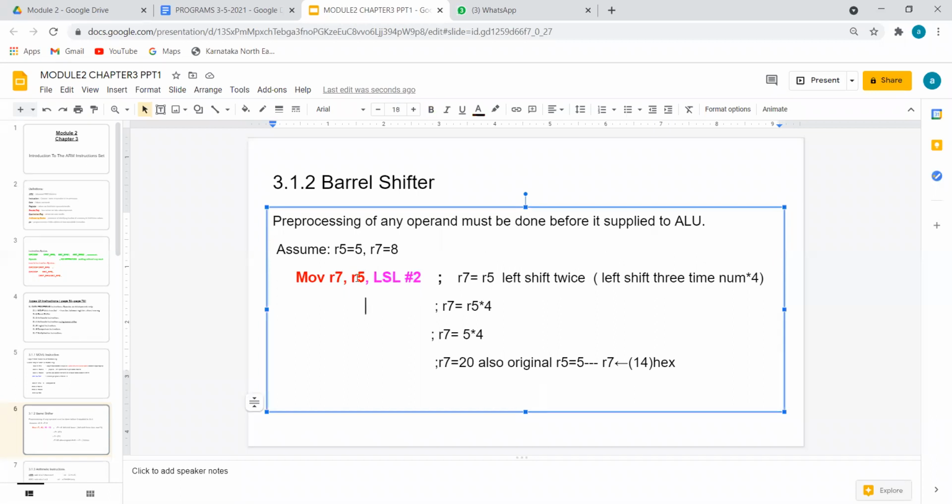Okay. So what happens here? The target takes the value of R5, performs this logical work using the barrel shifter. You will get a new value. That new value you take according to the move. So what is the definition of move? Whatever is here, that we have to copy into R7. So this is not a simple work of directly taking R5 and copying into R7. First take R5, perform this logical shift left by n times. You will get a new value. That value should be loaded or transferred to R7.